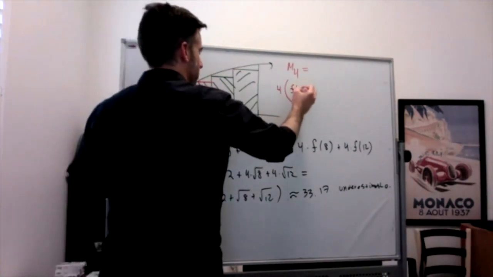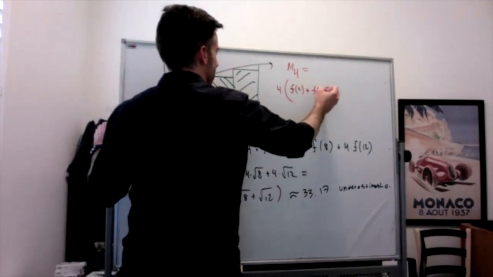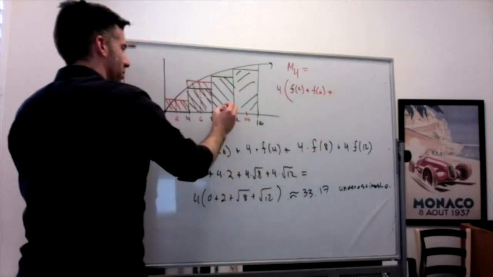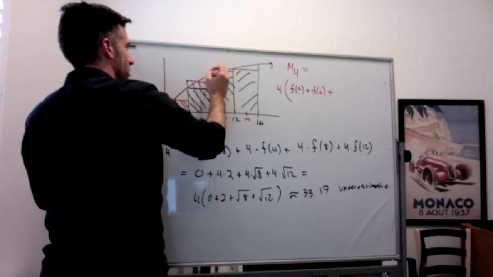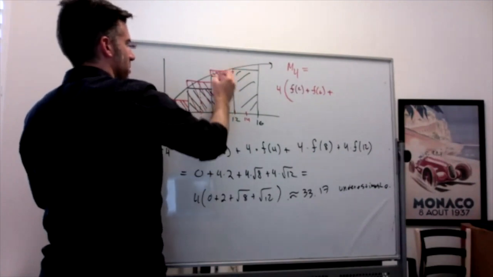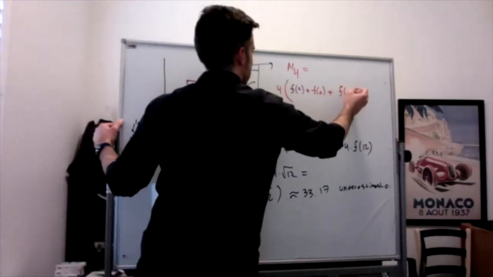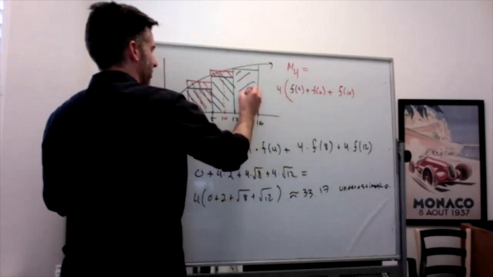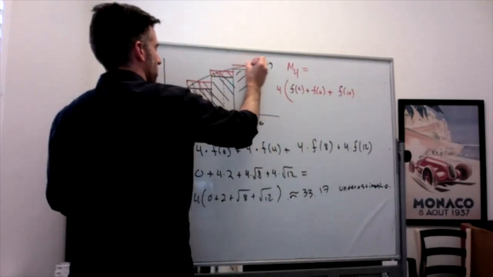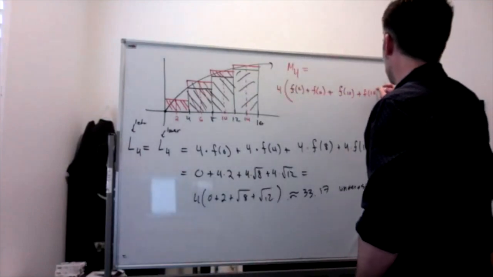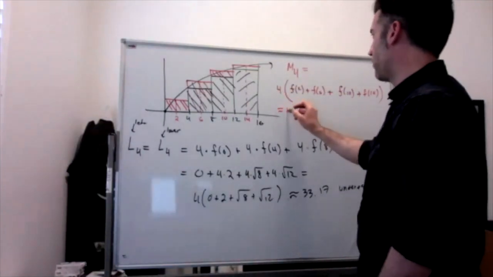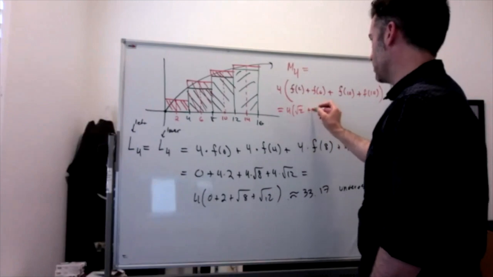So I get f of 2, f of 6. My third rectangle has a height of f of 10. My last rectangle has a height of f of 14. So this would be equal to 4 times the square root of 2 plus the square root of 6 plus